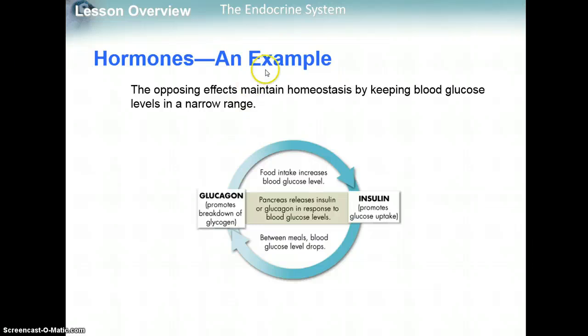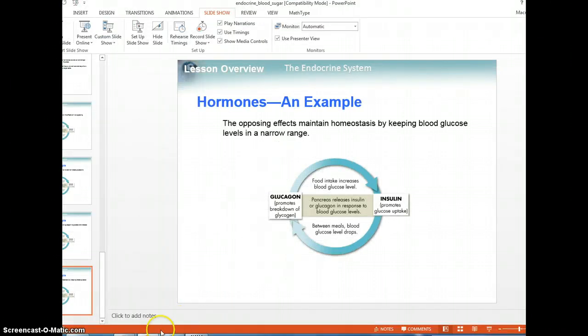So the opposing effects maintain homeostasis by keeping blood glucose levels in a narrow range. Insulin helps decrease blood glucose levels, and glucagon helps increase blood glucose levels, so then you're at a normal range of blood sugar in your system. Okay, just to show you an animation here,